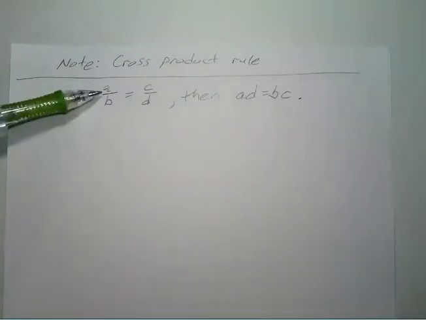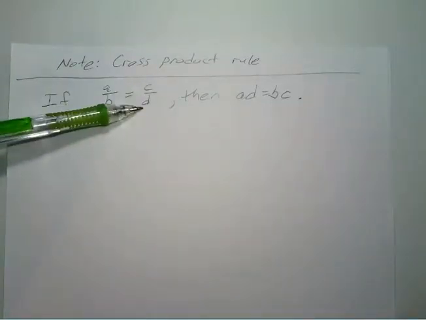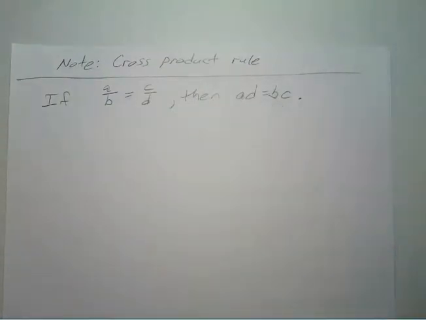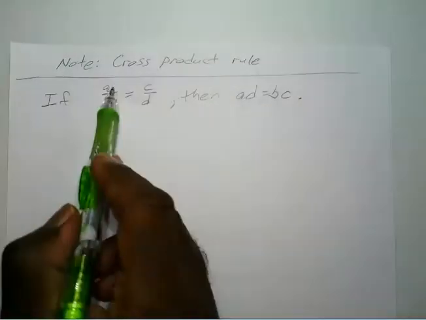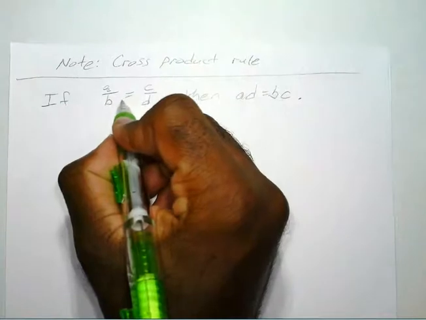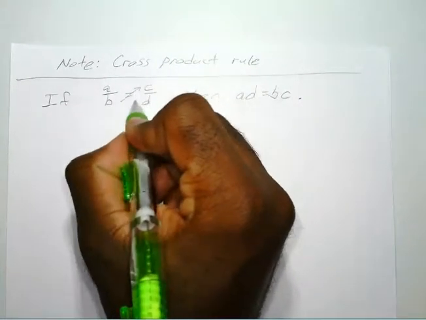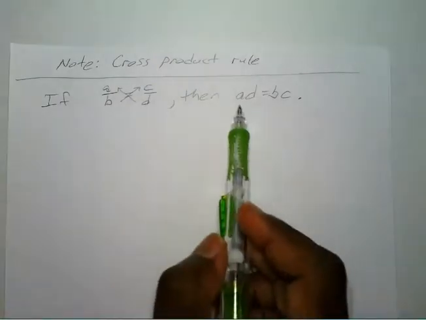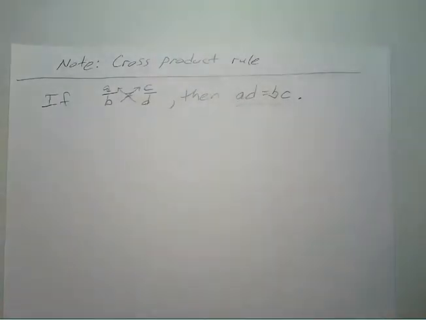Okay, if A is to B as C is to D, then A times D is equal to B times C. It's called the cross product rule because whenever you have these 2 ratios, and it even works on fractions, you're just going to cross multiply to get this here. All right, so for example,